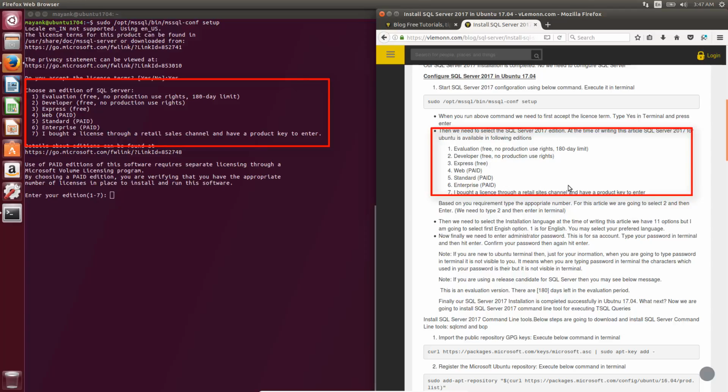It is available free of cost, but you are not able to use this developer and evaluation copy for production use. Third, we have Express. It is free. Then we have web edition for SQL Server. It is paid. The fifth one is the standard, and the sixth one is the enterprise. In the seventh option, if you have a license key, you can enter your license key. I'm going to use the second because I want to install developer edition. I think I need to select my terminal first, and then I'm going to type 2,